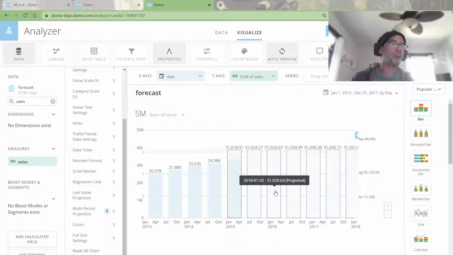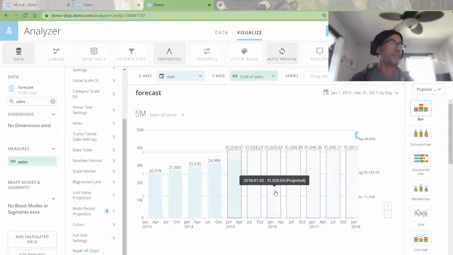Now, for me personally, when people start approaching me with questions about forecasting, one, I raise up my hands and I'm like, guys, I'm not a data scientist. I'm not a mathematician. If you want real guidance on how to do good forecasting, go talk to one of them. That said, what we are going to talk about today is how to build forecasting into a data